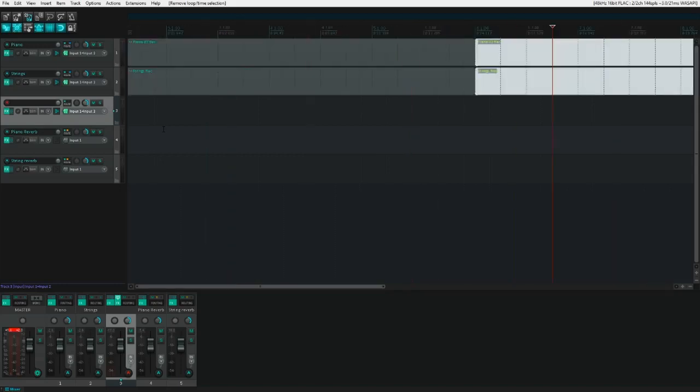Let's place a marker in bar 6, Shift M. Let's unname it, we don't need any name. Let's add a bassline. Okay,